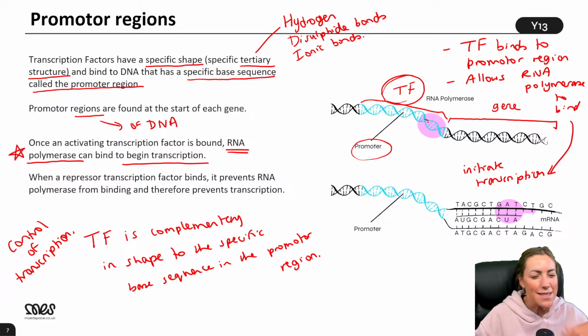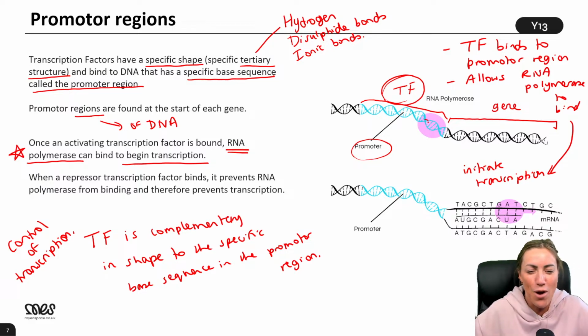Exactly. This is one of those chicken and egg situations, right? The transcription factor is a protein. So to make the transcription factor, you need a gene that codes for it. You need to transcribe it and then translate it at the ribosomes. And then the transcription factor can switch on transcription of other genes. I'm confusing myself now. Do you see what I'm saying? If you need a transcription factor to turn on transcription, where's the transcription factor that turned on transcription of the gene that coded for the transcription factor?